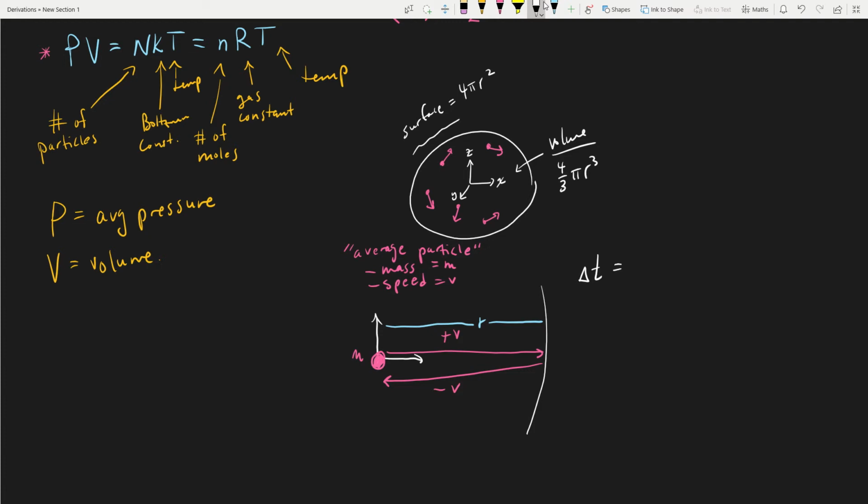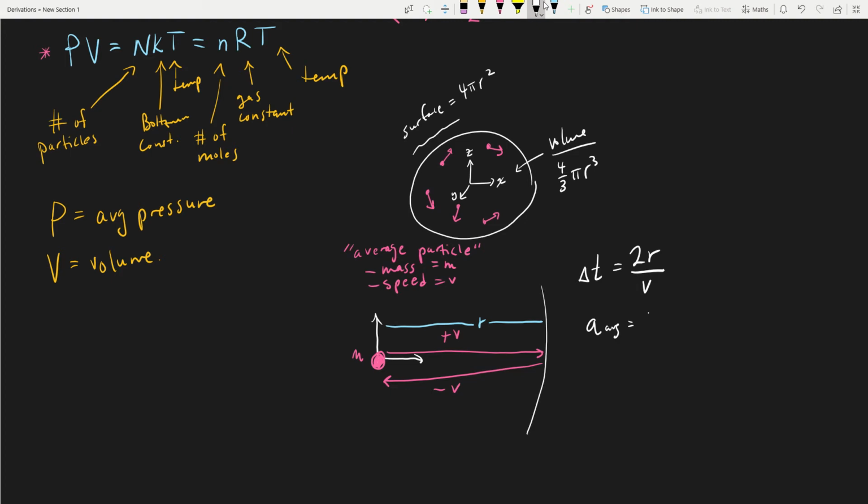So it's going to be some distance, 2r, divided by some speed. Now, I really only care about the magnitude, so we're just going to call it v. So it's either plus v or minus v, but the delta t for this whole interaction is 2r over v. Okay, so now we want to get, say, the acceleration of this average particle. It's just